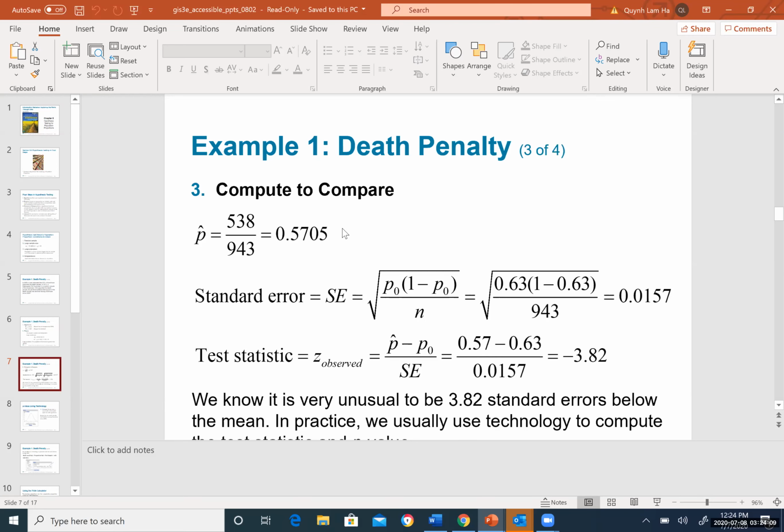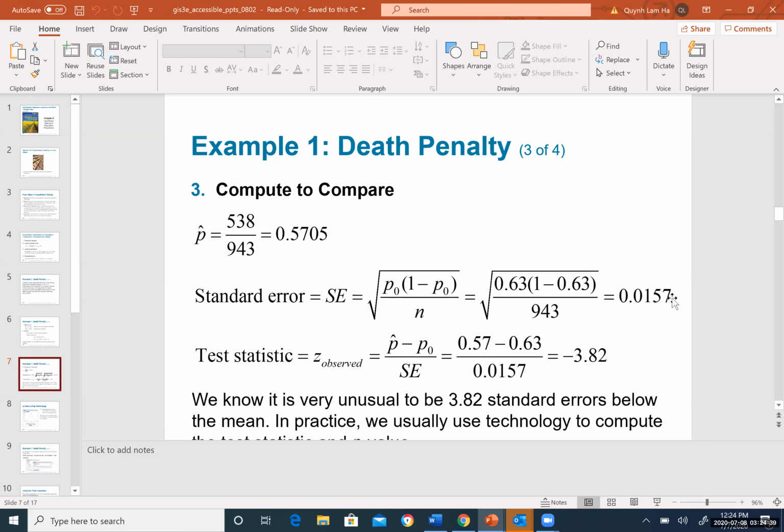This value, I call this the observed value, observed data. If you're computing by hand, then you have to apply the formula as below. The standard error, SE, equals the square root of P naught times 1 minus P naught, divided by n. When you replace the numbers, you will have this value, and the SE you found is